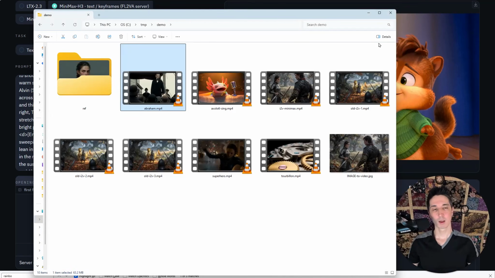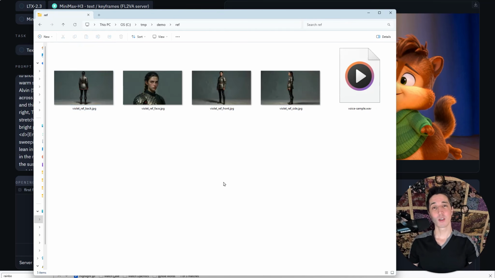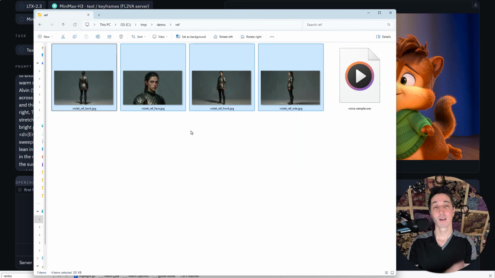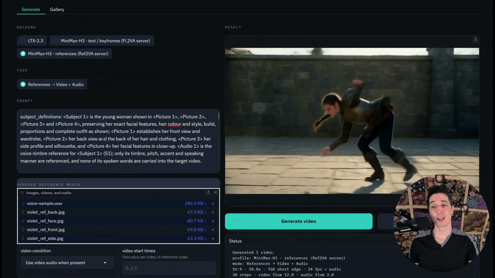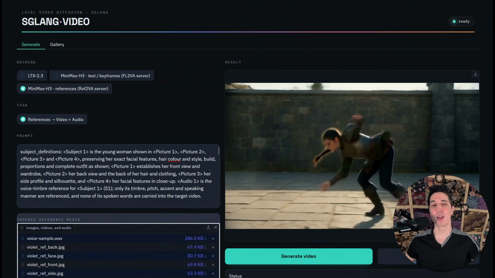Sick. The last thing I'll show you is reference to video. So as mentioned, you start with some source reference material. I've got a character here, front, back, side, close up of the face, as well as a voice sample. Ooh, sorry for the explosion of bright. All right, no idea what happened there. Lost video for a second. We're back. And yeah, you take those reference items, you provide it, you give it a prompt, and then bam,